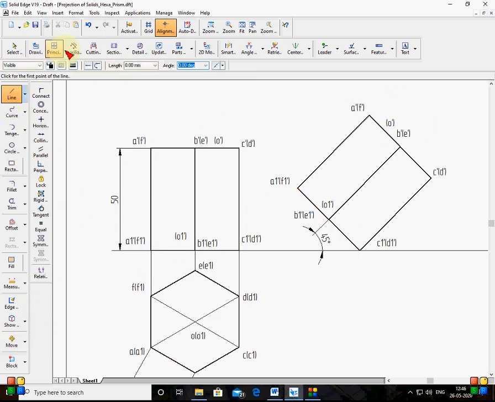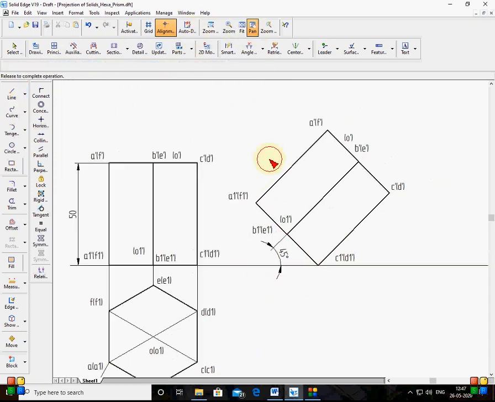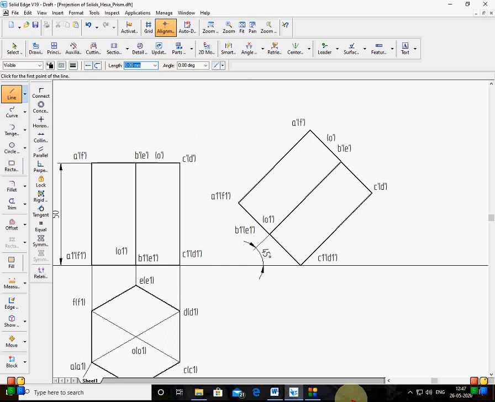Okay, now I'll project. Now from here, see, this portion is seen. So I'll show you.